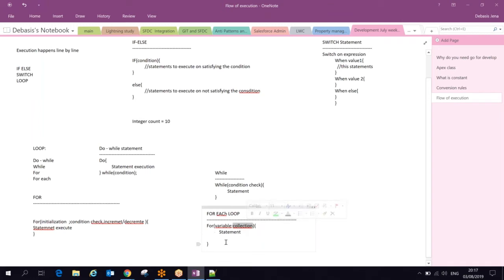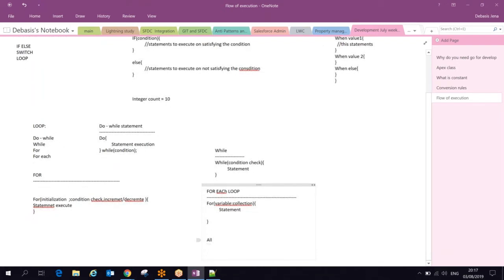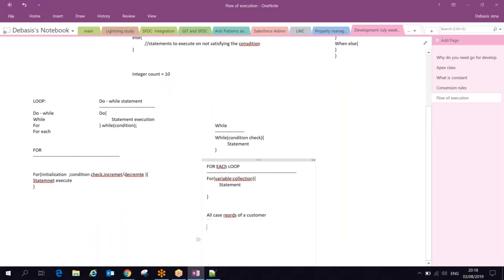For example, in my Apex terminology, I want to process all case records of a customer. I didn't teach you how to get the data from the database, and I didn't teach you the collection till now, which we will cover in the upcoming sessions.